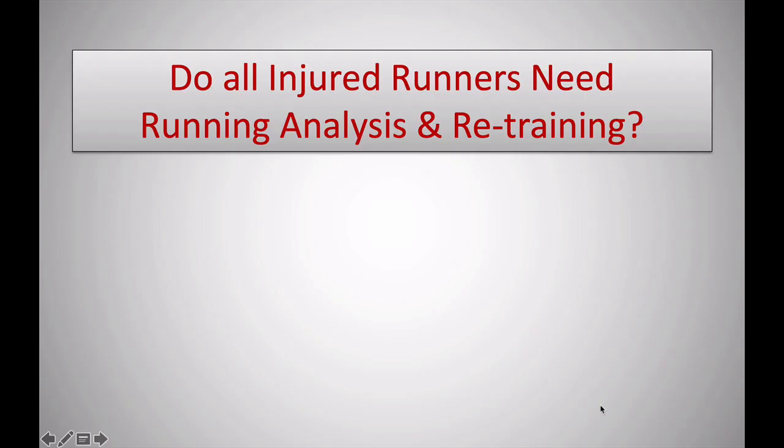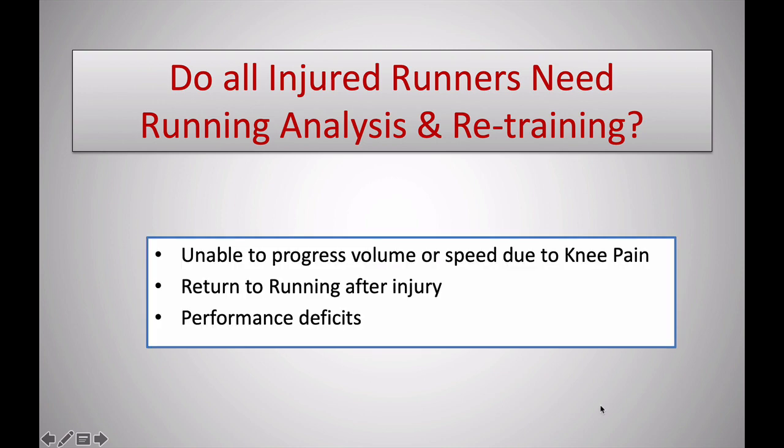A common question which is asked by everyone is, do all injured runners need running analysis and retraining? In my opinion, it's not necessary. Not all runners require a gait analysis, especially if the injury is acute. It could be purely a load management issue. Poor running form and training techniques could contribute. Generally in clinic, I don't analyze anybody's gait